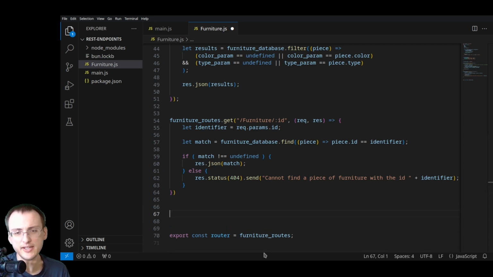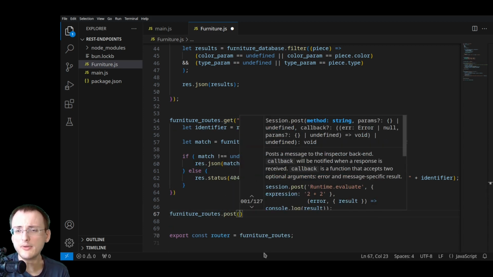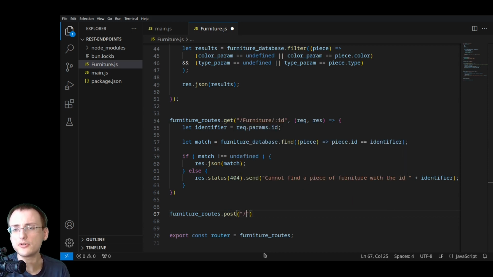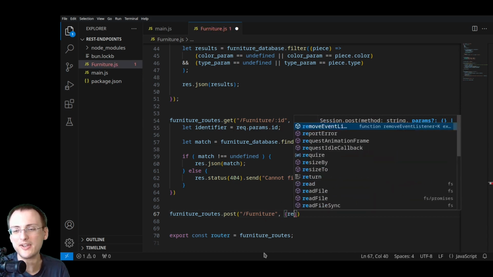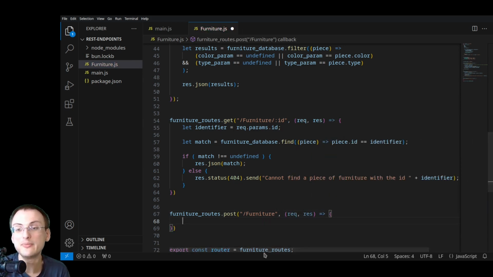I'm going to say, in my furniture routes, I want to be able to create a brand new piece of furniture. I am the store owner, and when I receive a shipment, I want to add one of these to my database. So the type of thing, the resource I'm interacting with, is furniture still, and the action I'm doing